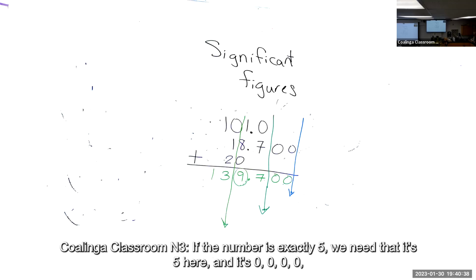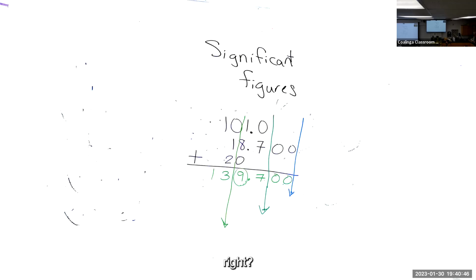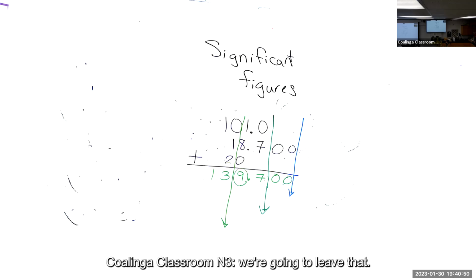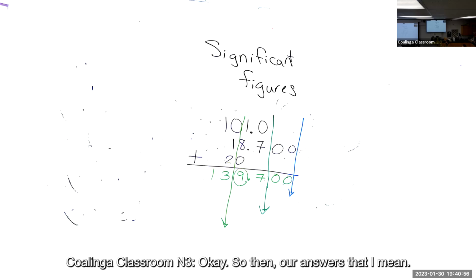If the number is exactly 5, meaning it's 5 here and then 0, 0, 0, 0, we're going to leave it alone. If it's lower than 5, we're going to leave that number alone. So this is a number greater than 5. Okay, so then our answer is going to be